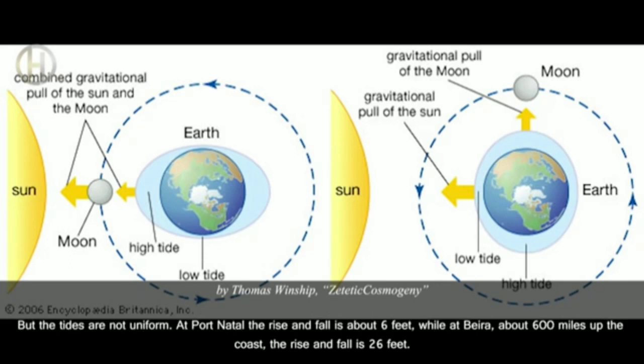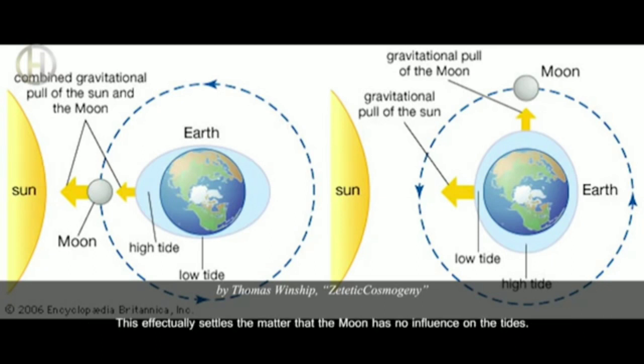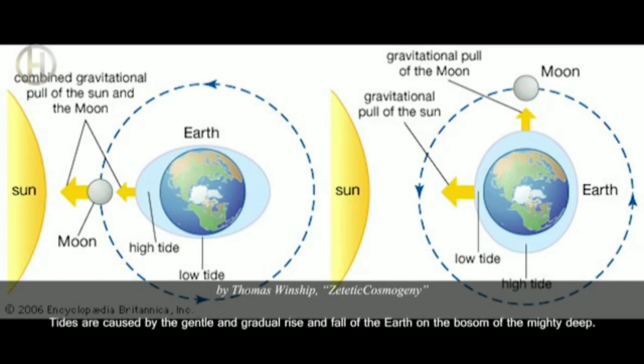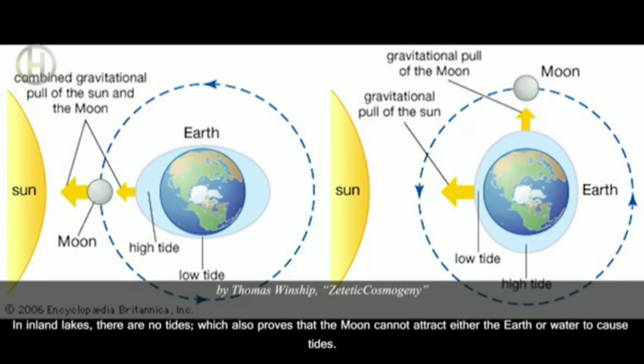At Port Natal the rise and fall is about 6 feet, while at Beira, about 600 miles up the coast, the rise and fall is 26 feet. This effectually settles the matter that the moon has no influence on the tides. Tides are caused by the gentle and gradual rise and fall of the Earth on the bosom of the mighty deep. In inland lakes, there are no tides, which also proves that the moon cannot attract either the Earth or